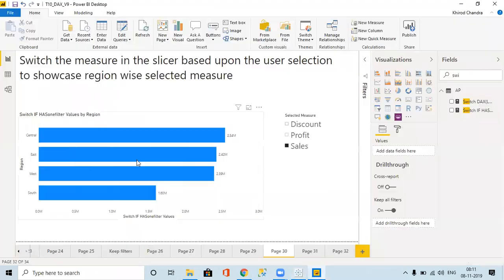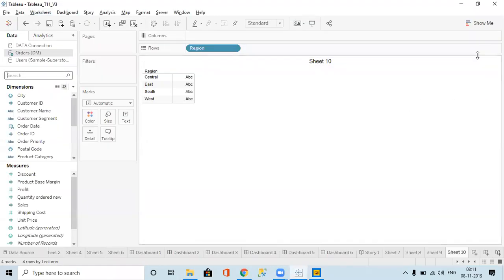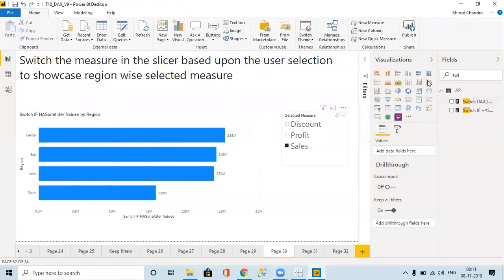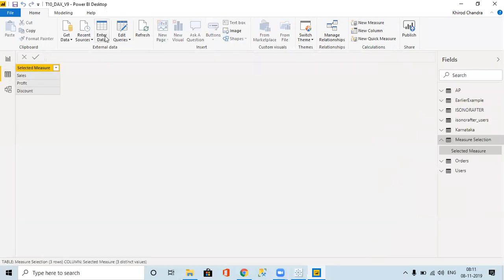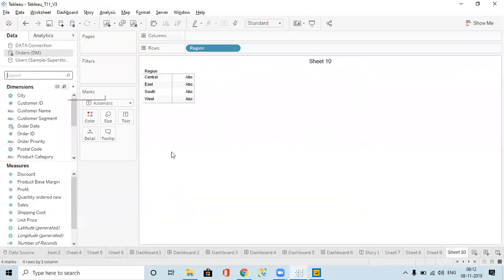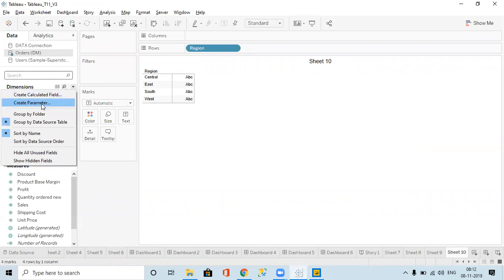If I have to use this as a filter, selected measure, I don't have anything like that. Initially here also I was not having it, but I created it using enter data. So we can call it a parameter also. Here, in order to do that, we have to do it with the help of a parameter.